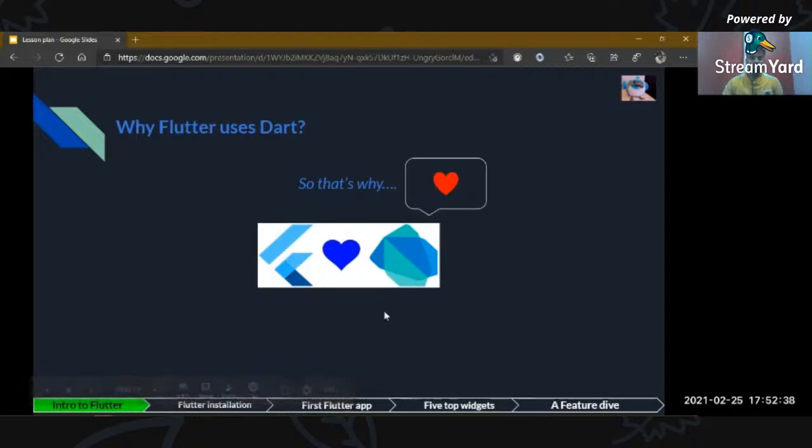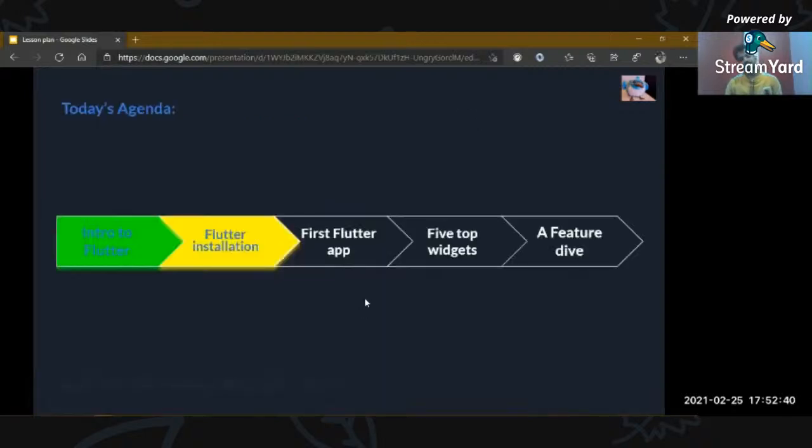Yeah, yeah, we know. So let's move to Flutter installation, the most important part for our beginners if they are watching us. In Flutter installation, we will begin with installing Flutter and how to configure all the things so that we can start with Flutter application development.